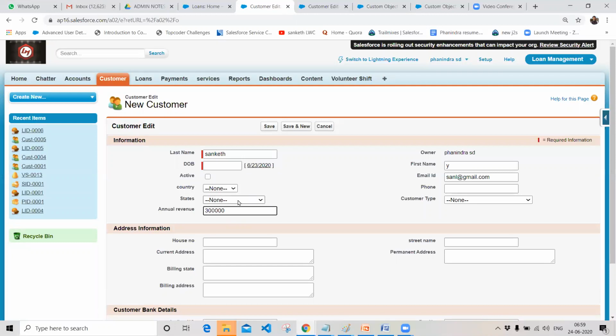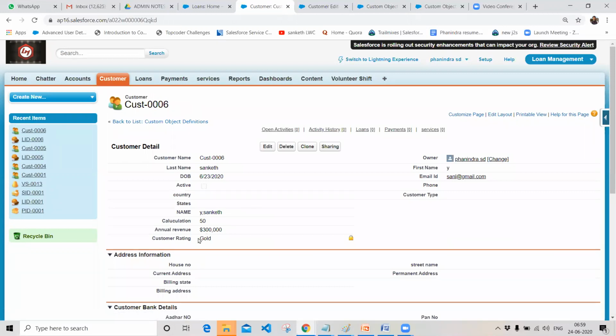Let me take 3 lakhs because I gave the condition that annual revenue is less than 2 lakhs, right? So I'm giving it as 3 lakhs, and date of birth is some field, and just save the record. So what is it returning me? It is returning a customer rating of gold because the annual revenue is greater than 2 lakhs. I'm returning a value of gold.